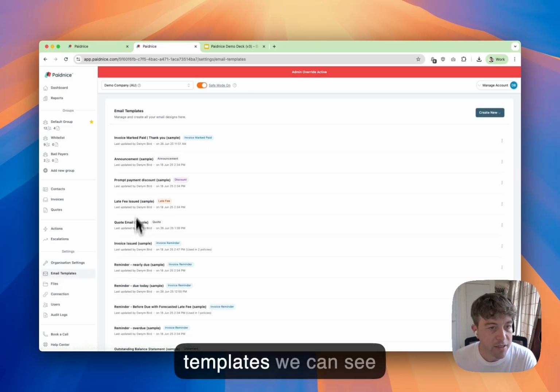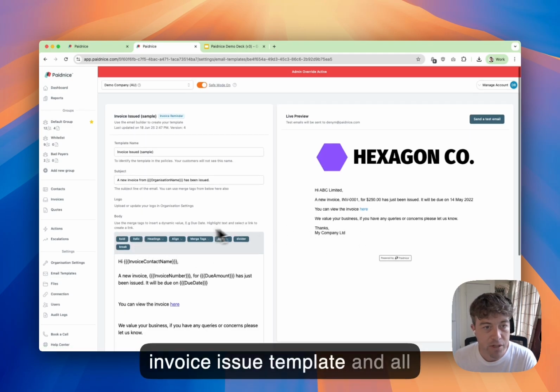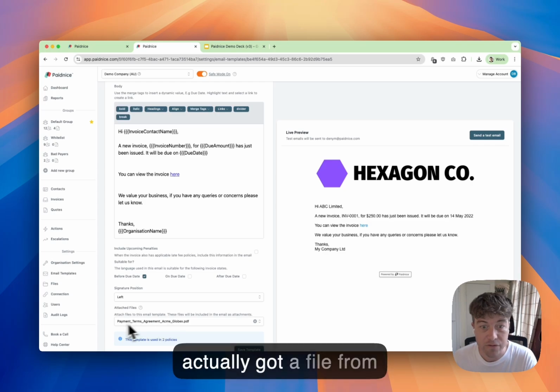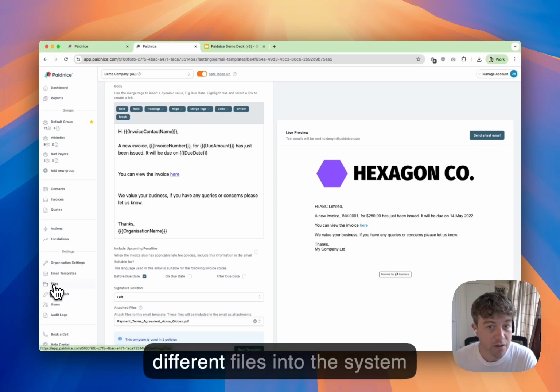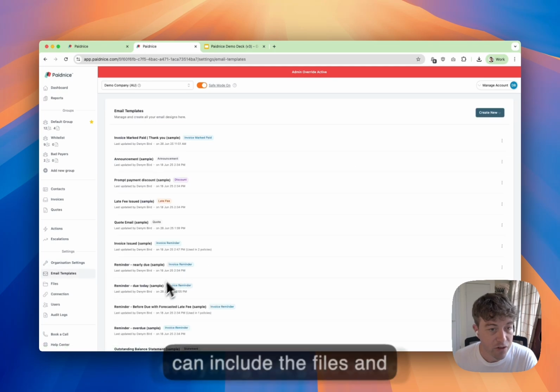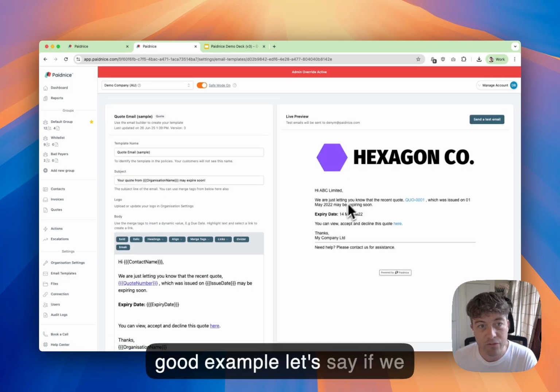Come to the email templates. We can see everything in here. We can have our invoice issue template and all of that. The other thing that we can do is we can also attach files. As you can sort of see here, I've actually got a file from previously, so you can upload different files into the system, as you can see here. And you can include the files in everything that goes out. So let's say, even a quote is a good example. Let's say if we wanted to send out quotes,